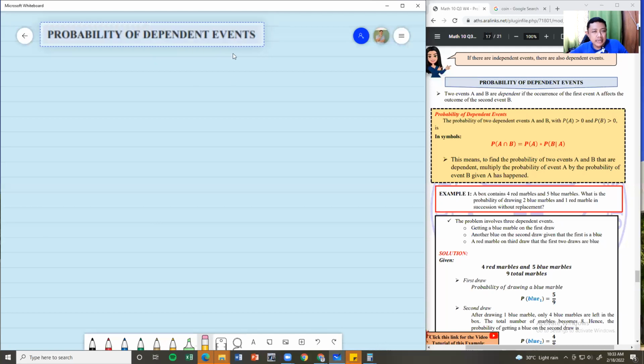Okay, and this usually happens when two events A and B are dependent if the occurrence of the first event affects the outcome of the second event. For example,